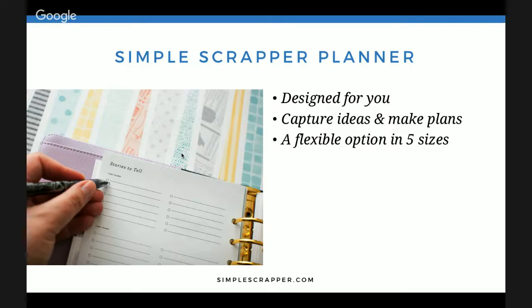I don't like the restriction of a truly fully bound planner because usually someone else is deciding what's going in that planner and then I'm stuck with it. By having this flexible option of your own printable planning pages, you can include as many pages of each type as you like. You can customize the fronts and backs. Like for example, I print a lot of grid paper on the backs of certain pages so that I have extra places to draw. And so it allows you to create a fully customizable planner. And I just don't know what other type of company does that for you.